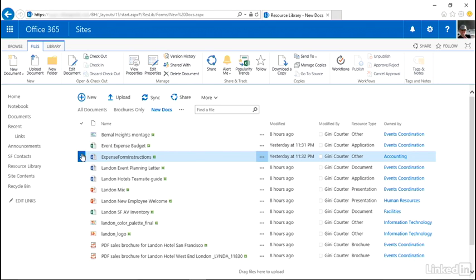In the Open and Checkout group, we have the ability to edit the document and to check it out, check it in, or discard the checkout. We talked about checkout earlier in the course. In the Manage section, we have the ability to view the properties and also edit the properties of a particular